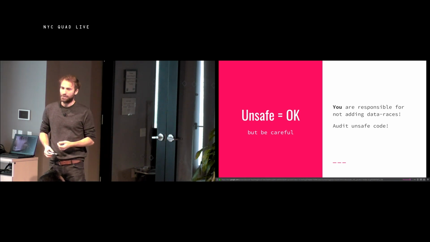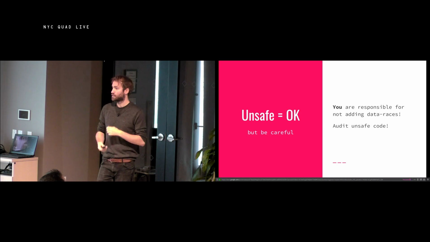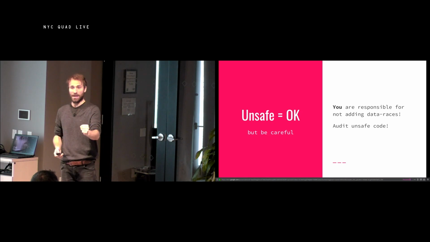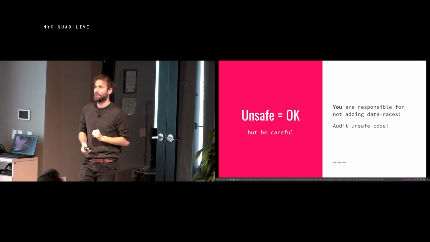The idea of unsafe is that you are now responsible for guaranteeing that there are no data races, because there's no associated contract with the pointer anymore. You are claiming by writing unsafe that you know that this is okay, which is what you're doing all the time in C. It's just that in Rust, you have to be explicit about when you do that.